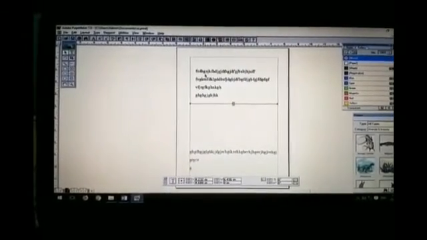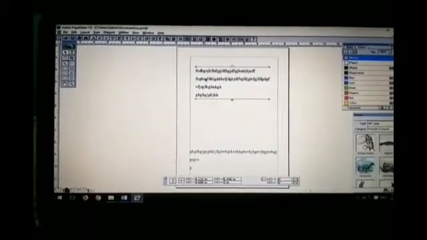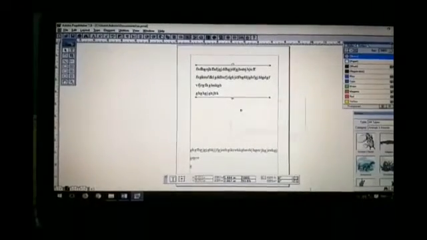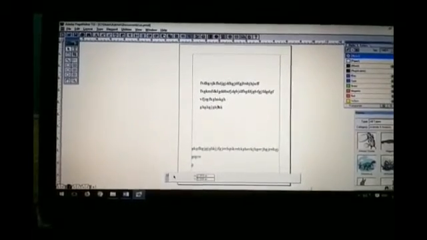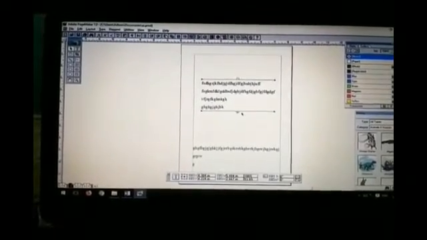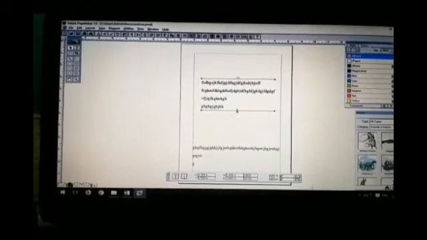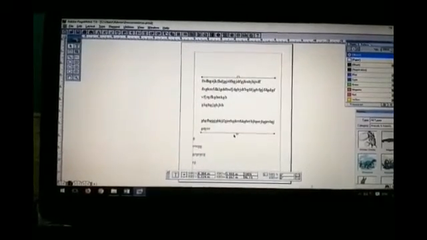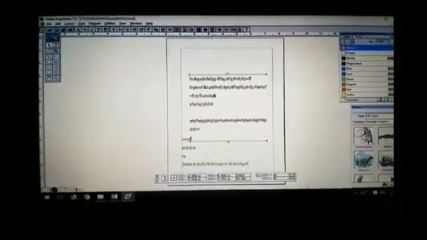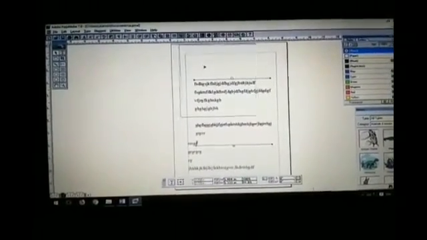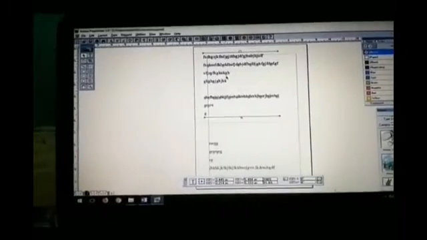And from the first, you just click it. And we have to extend so that the second text block is automatically joined into the first text block.